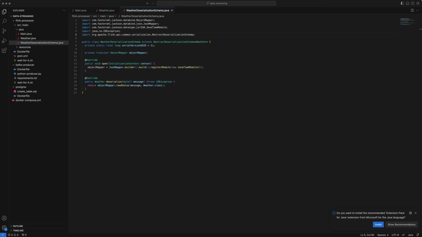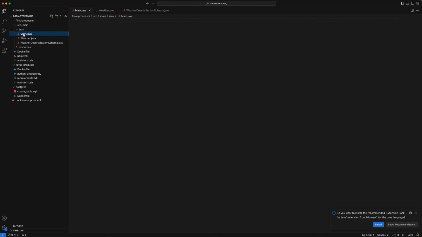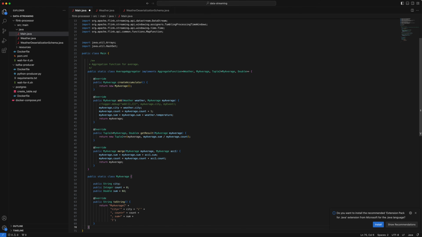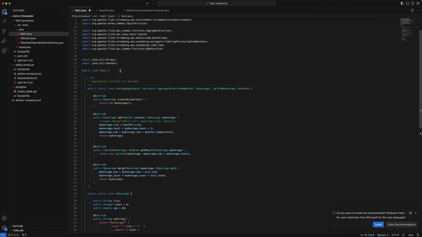So let me grab my dependencies in my main.java, and I would be using some helper functions, and I'll go over what I'm doing in those helper functions, right? So here inside my main function only, I'll be using